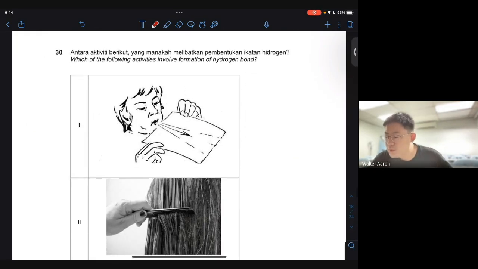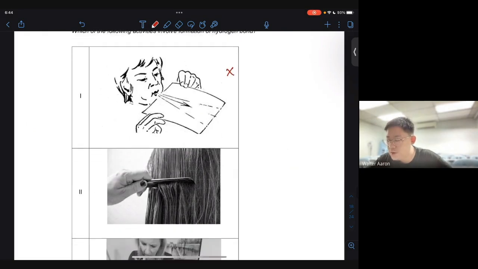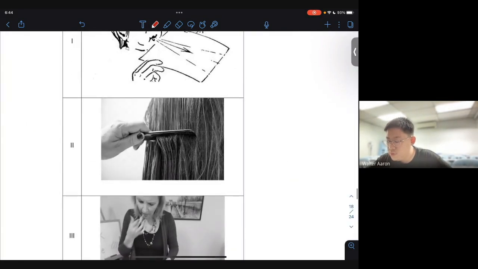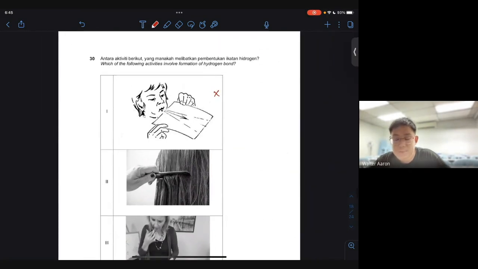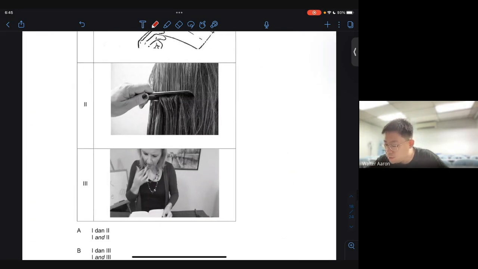All right, 30, which of the following activities involves the formation of hydrogen bonding? When the person blows the paper and it lifts up, it's called Bernoulli's principle. That's physics. There's nothing to do with chemistry over here. What about this? Between two, the person is actually combing the hair. And the third one will be